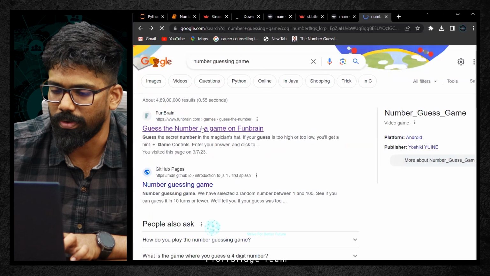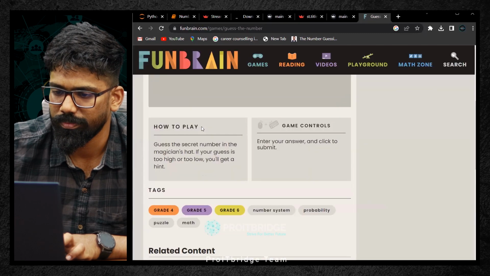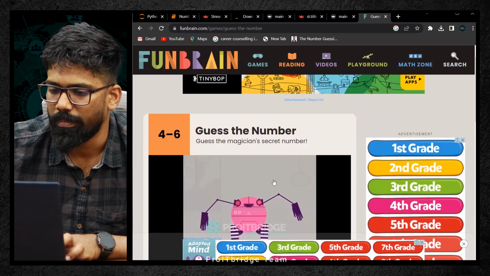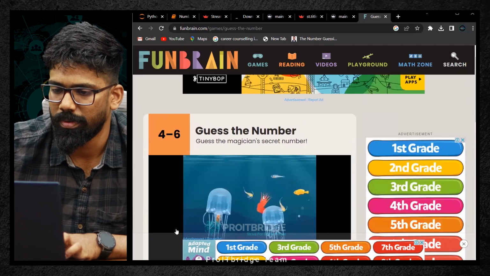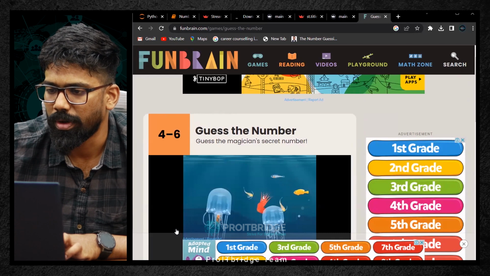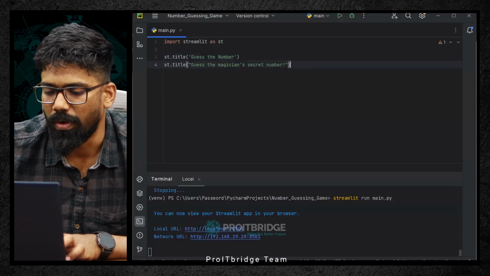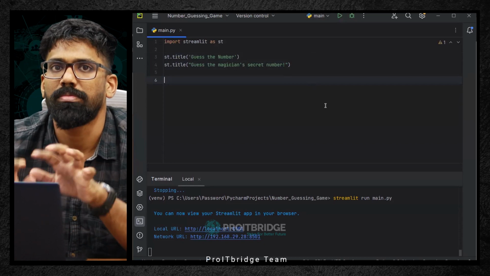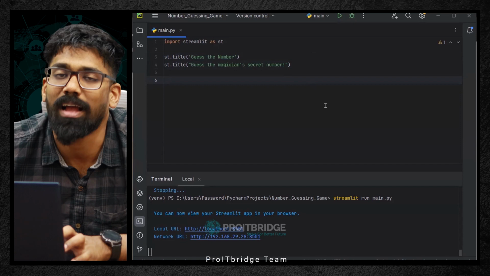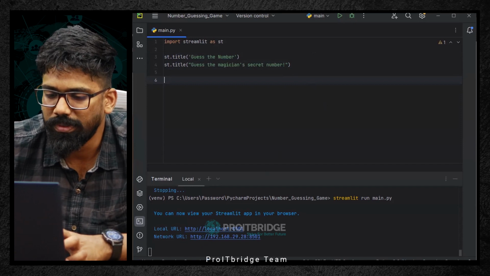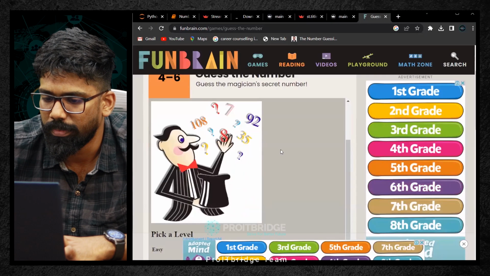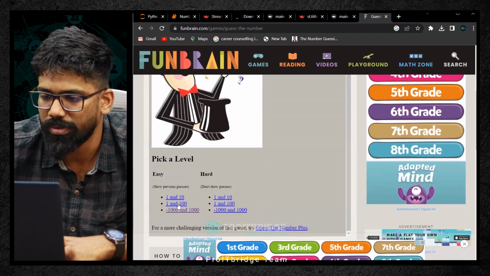Sorry, let me click on this. Again, an ad is coming, but here the connection is established. Now the point is, I need to receive an input from the user, right? In the deployment screen, the user needs a box so that he can come and type a number. So for that purpose, let me go to this, because that's what the game is, right? If I'm clicking on it, pick an easy level. Let's say 1 to 100.